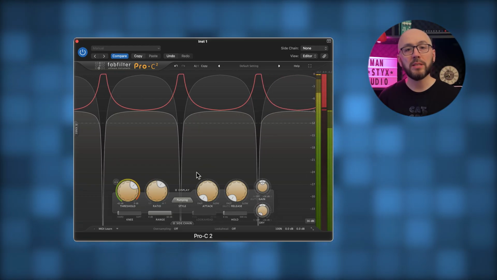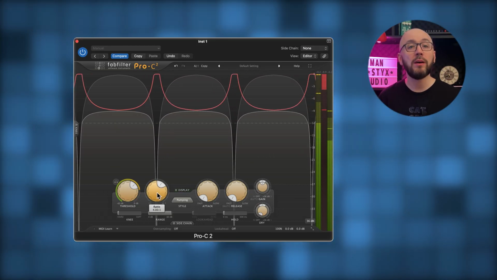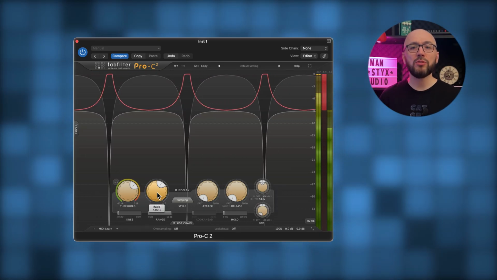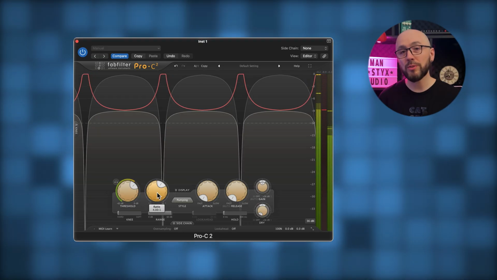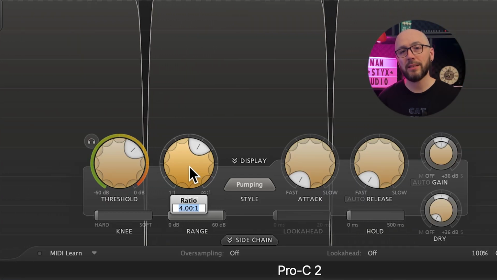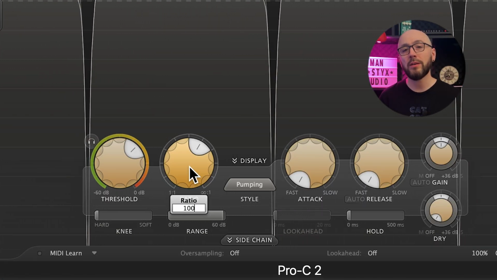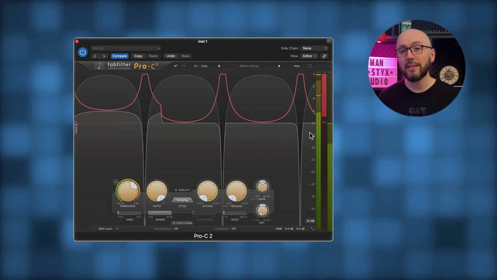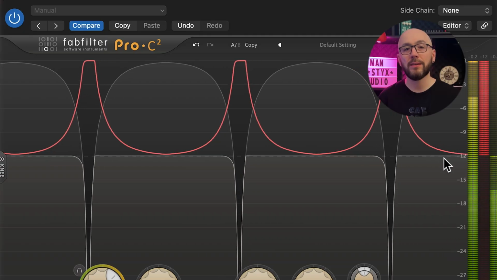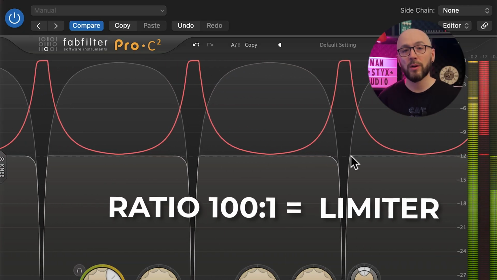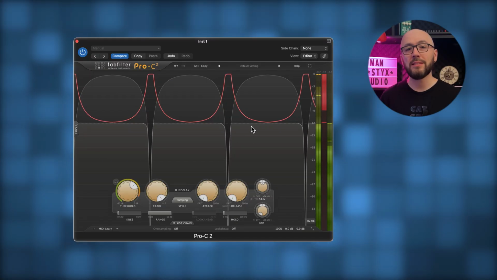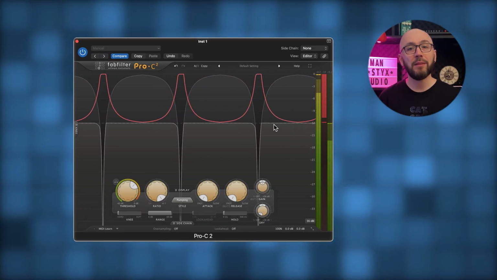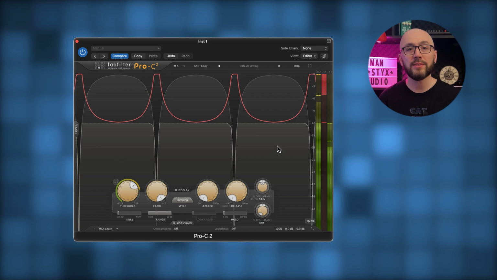But what happens if we set the ratio to 100:1? In theory, the signal shouldn't be able to exceed the threshold at all, as it would be reduced 100 times. Let's test it. Let's set the ratio to 100:1. Look, the signal indeed hits the threshold like a ceiling and can't go any higher. This is essentially how limiters work. They prevent the signal from exceeding a specified level. At this stage, you can see how a compressor can be used to reduce the portion of a sound that